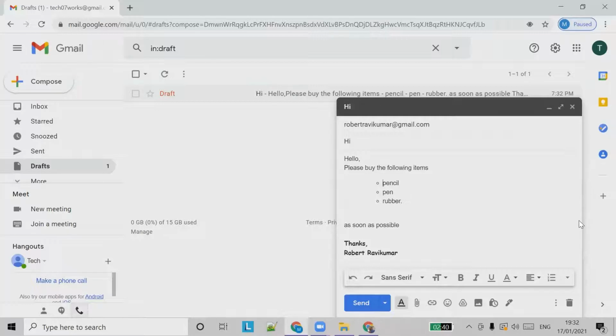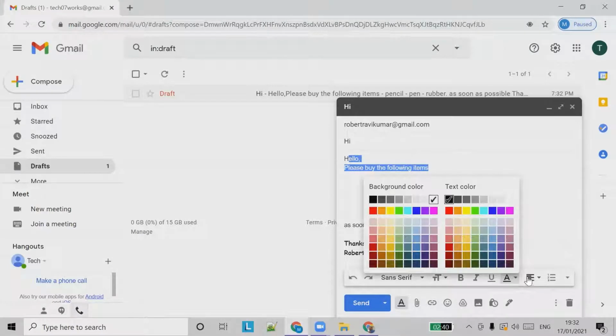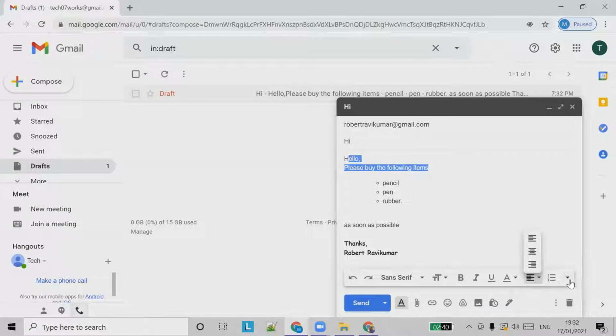So these are the options. We have gone through all these things, right? Undo, redo, size. We know how to change the size of the characters, fonts, bold, italic, text color, background color, alignment, numbers, bullets, and strike through.